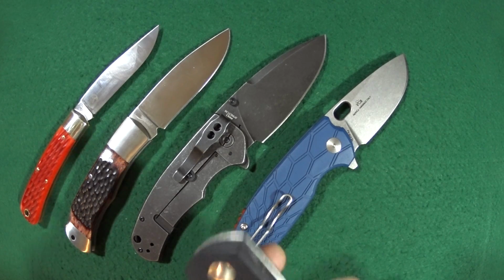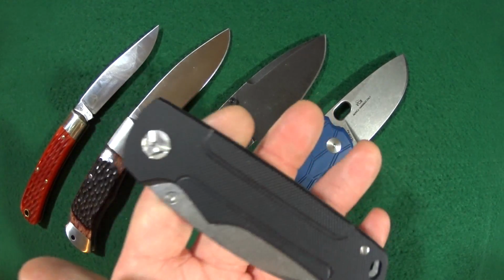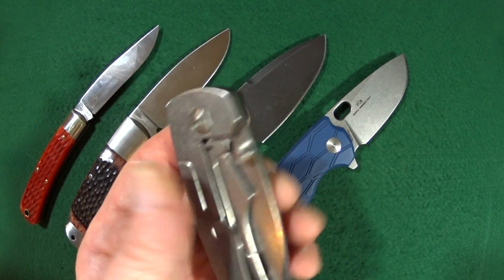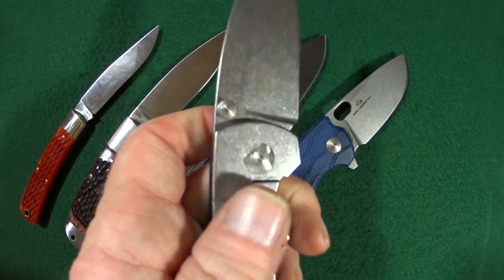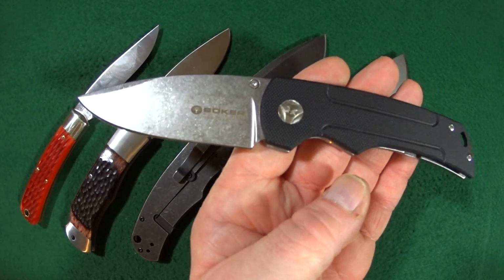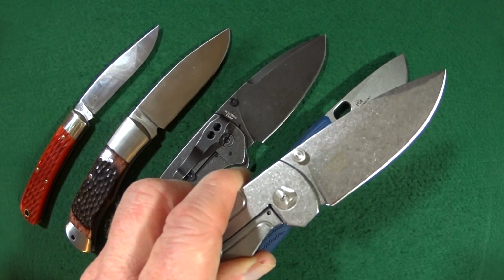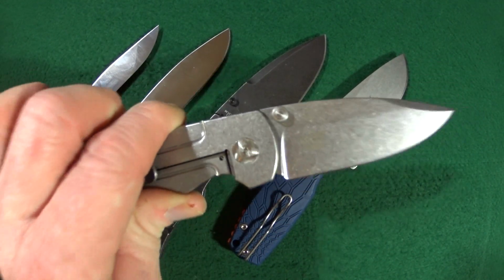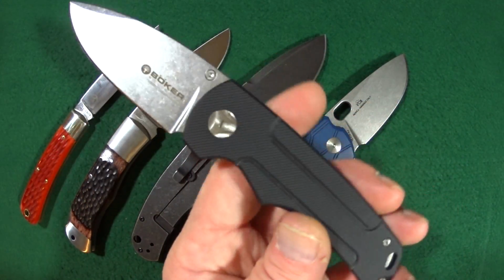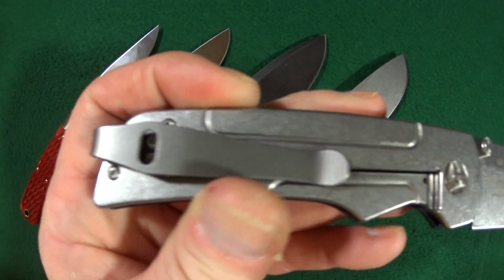And last up is going to be from Boker. This is actually out of their German factory, the Boker Gulo in G10. Now, I did already review this knife. So again, if you look up to the corner, you click on the card, you can watch my full review on this Boker Gulo. The reason it is appearing on my most carried list for September is because I found